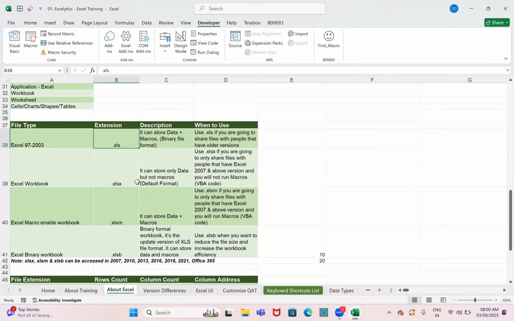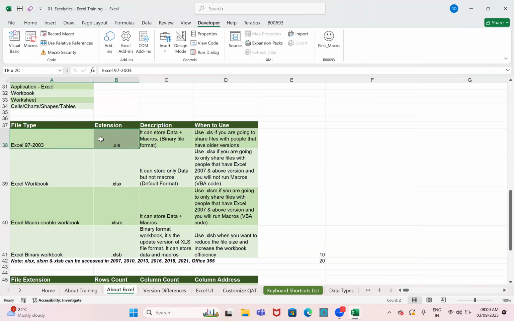Only from .xlsx onwards, it is extended to 10,48,576. In 2003 Excel, nothing but the 97-2003 Excel workbook, you have the option to store only 65,536. Only from 2007 onwards, it is extended to 10,48,576.